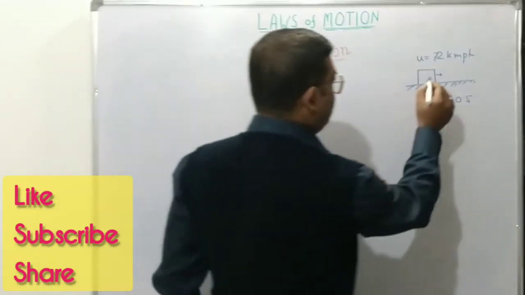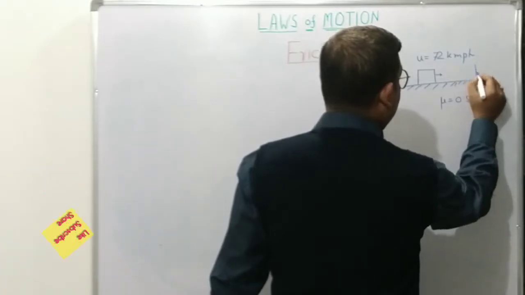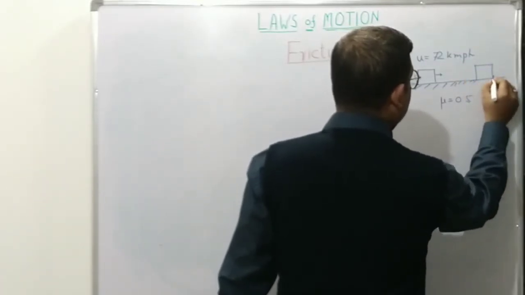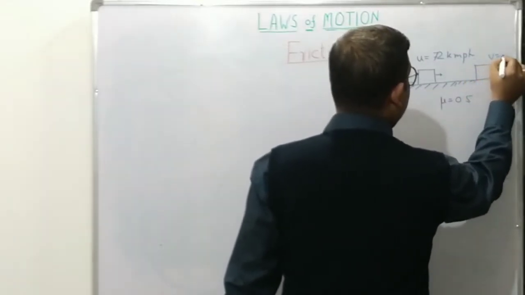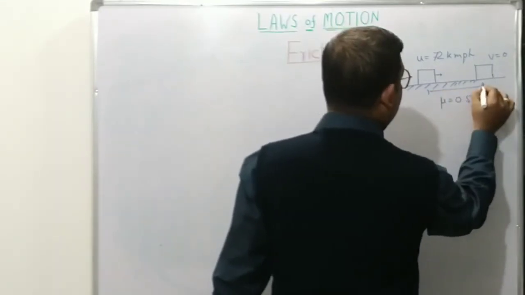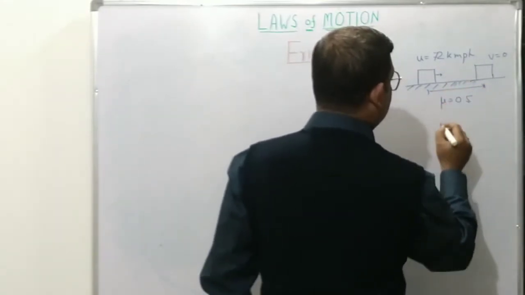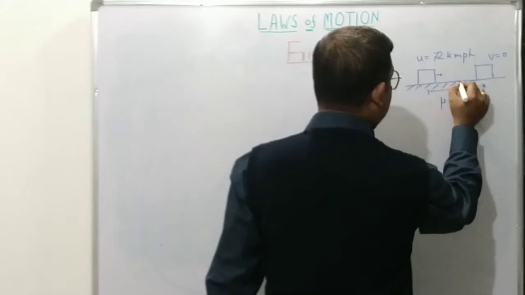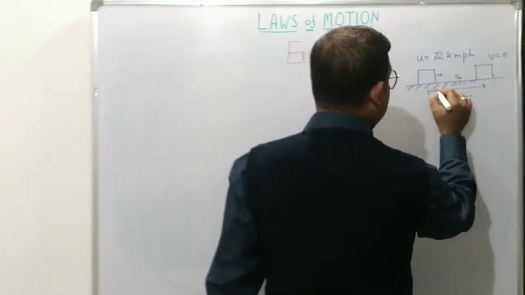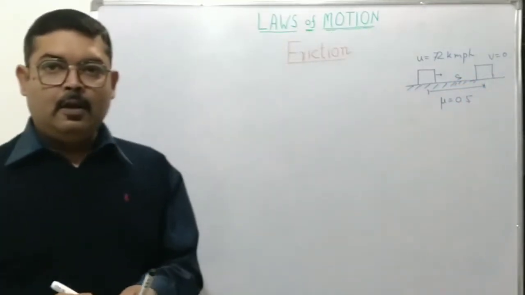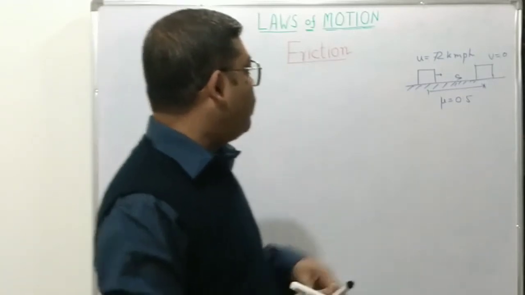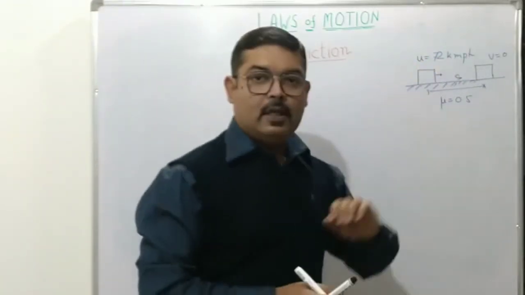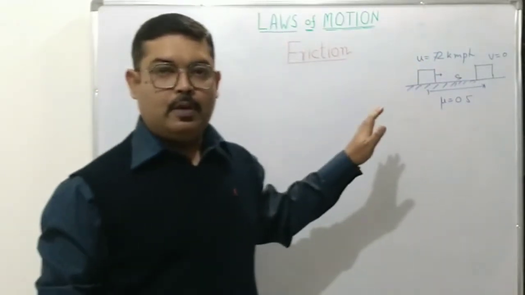How far is this object going to move before it comes to rest? That is v equals 0. From here to here, what is the distance traveled? Let's call this s. So our problem is that our object was sliding with an initial velocity or speed of 72 km per hour